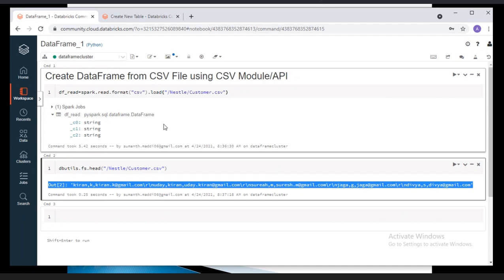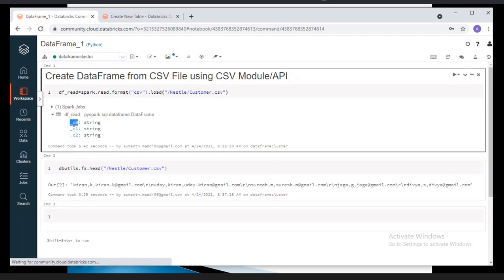In a table also, the column names plus data types are equivalent to the schema. In case your file does not have the column header information, by default it will consider its own column names.